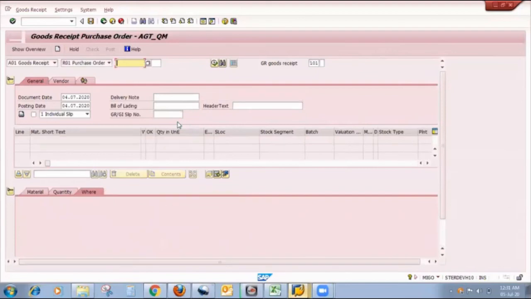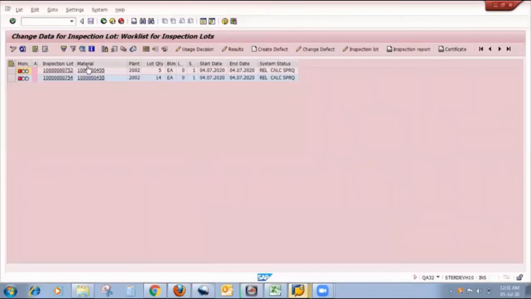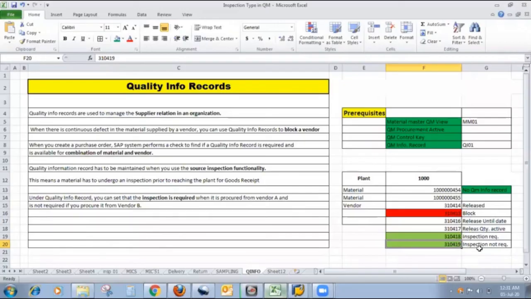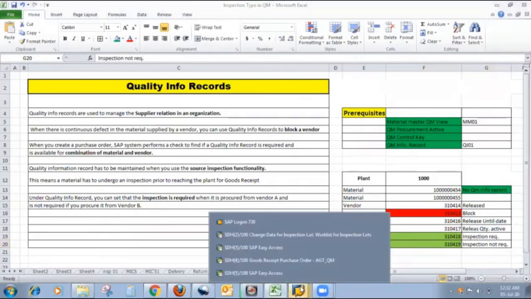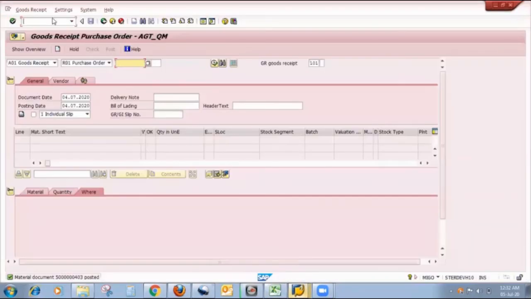But after posting this document, if I refresh my quality inspection screen, no new inspection lot comes. Why? Because for my particular vendor 310419, I am maintaining the inspection not required tick mark.